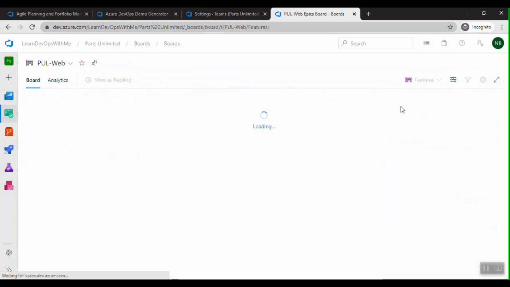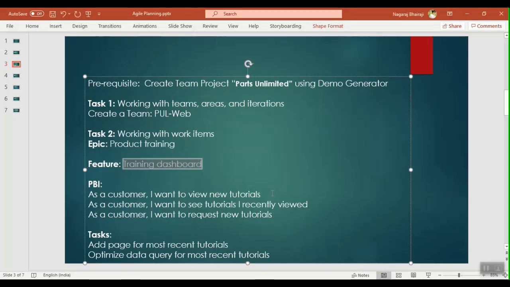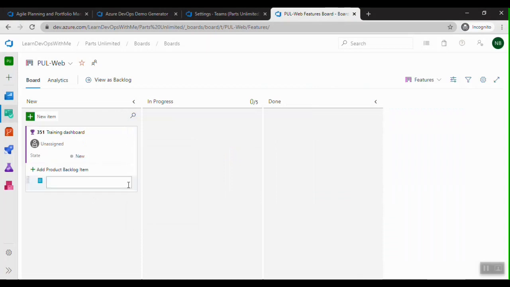So we have created features. I mean, basically one feature we have created. So let's create PBIs for this. Let me add a product backlog item.